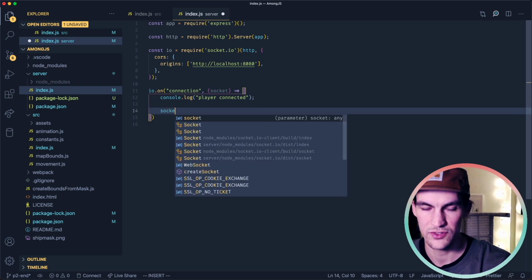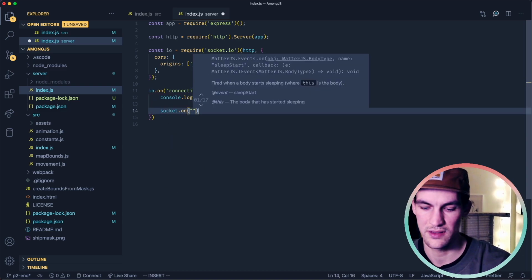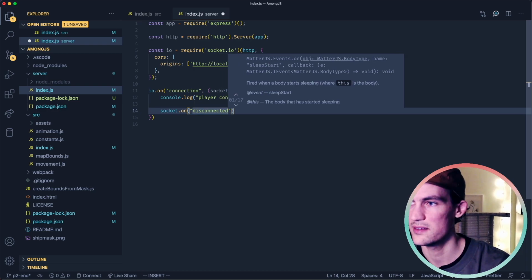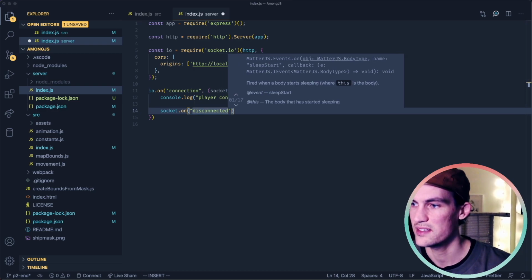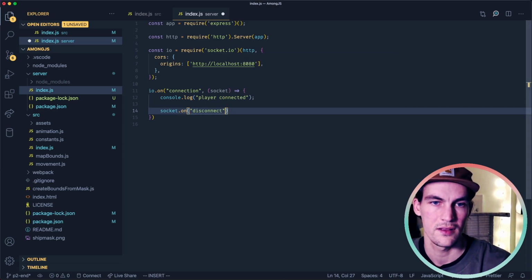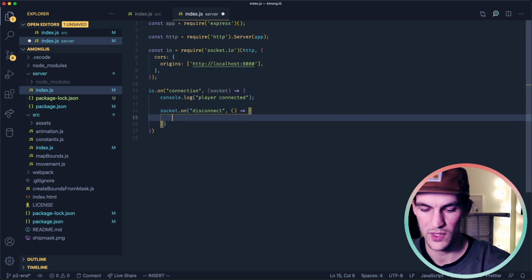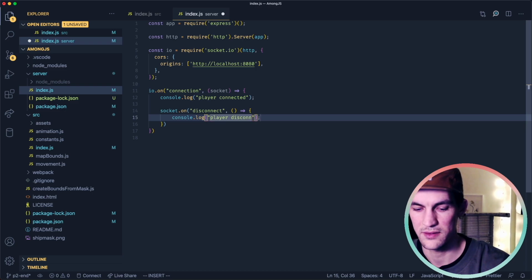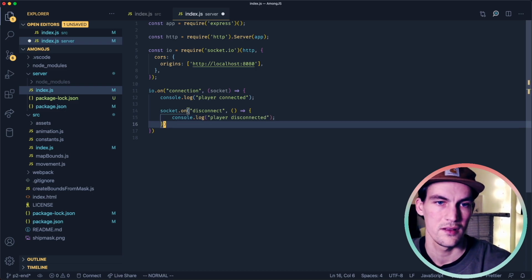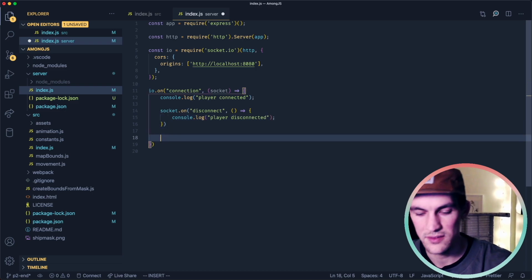So we can do socket.on disconnected, or is it just disconnect? It's just disconnect. We can do player disconnected.